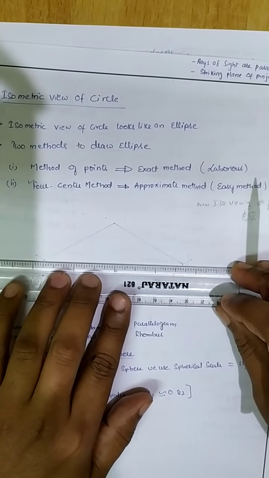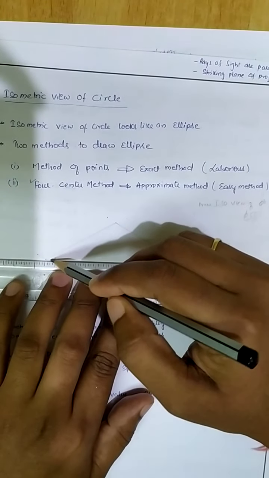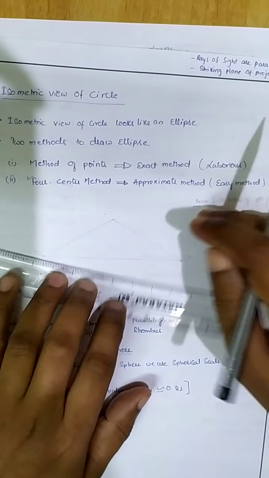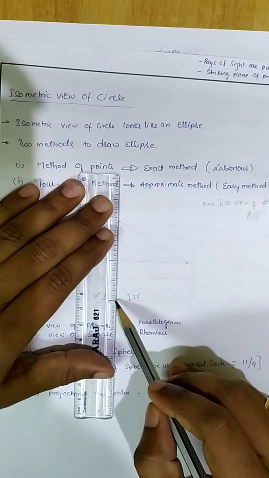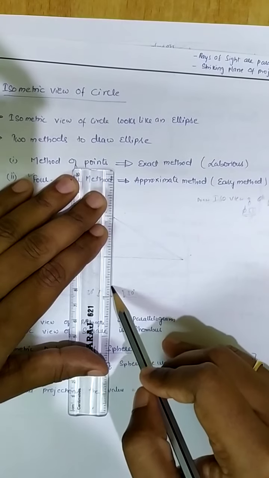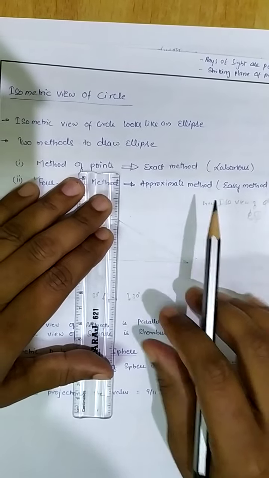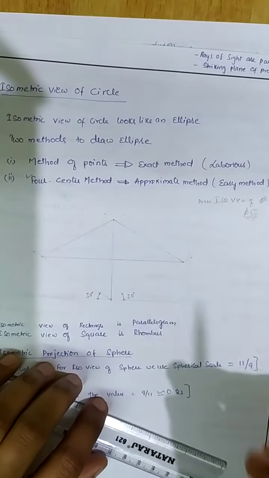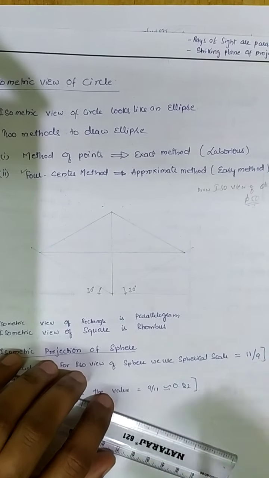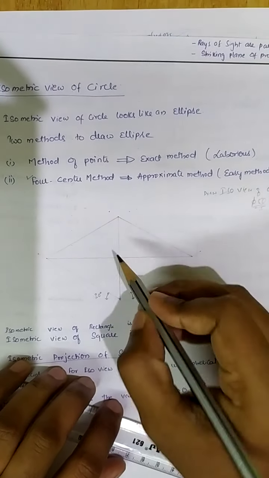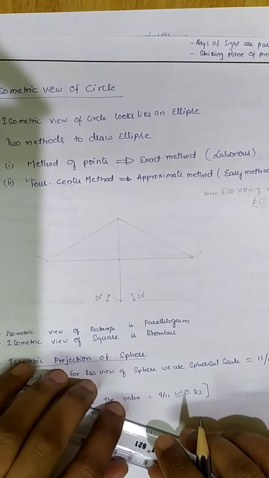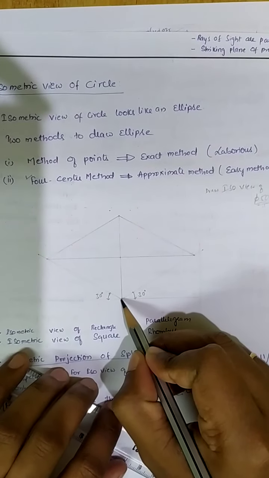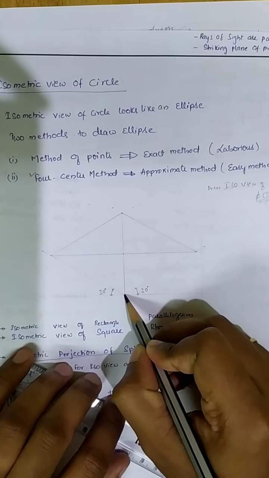Once after obtaining all these 4 edges, let me take the diagonal line first. So let me draw the diagonal. This is one diagonal, and the other diagonal is your vertical diagonal. This is the other diagonal. A diagonal is a line drawn between two opposite corners. So we have drawn the 2 diagonals for this rhombus. Once after drawing the diagonals, we will get the center point of the cross section. So now what we should do is consider the point of view.